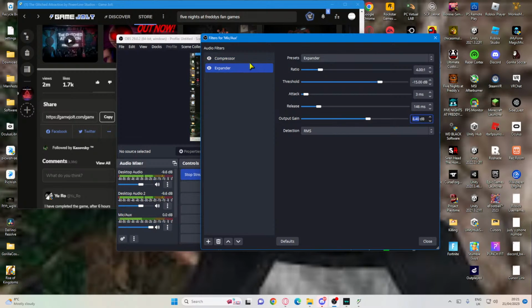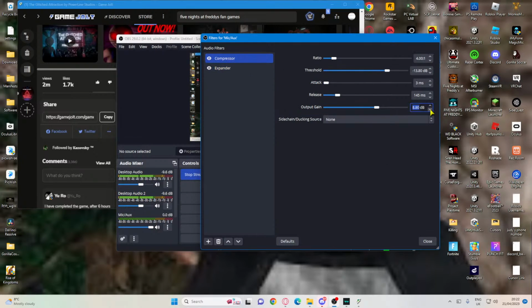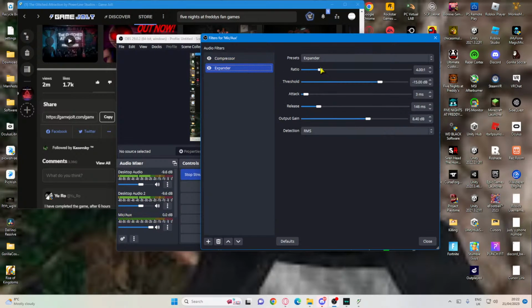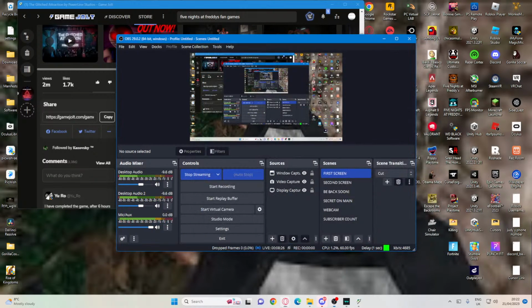Now also reducing the threshold, because let's say your quiet sounds, if I talk quietly, it's still picking it up right now because I have the compressor pulling up my audio. So I'm going to actually leave it at, let's say, -17, so that all my audio when I'm not talking doesn't show up, like my mouse and my keyboard. Now having your ratio between 2 and 4, just a